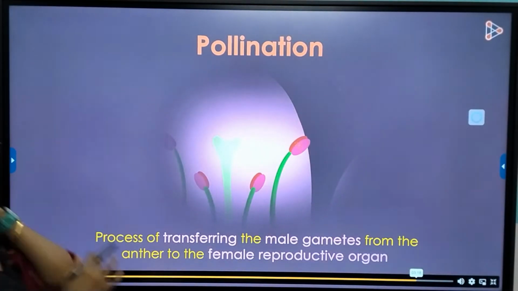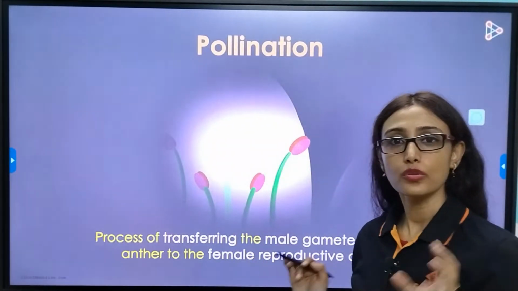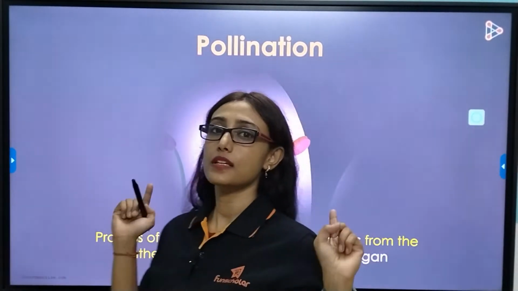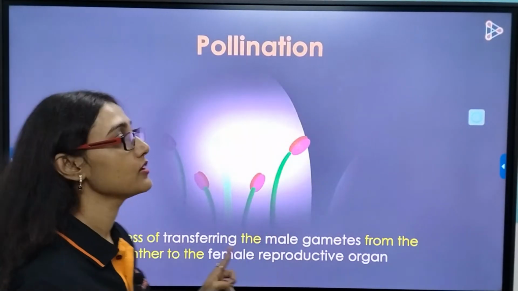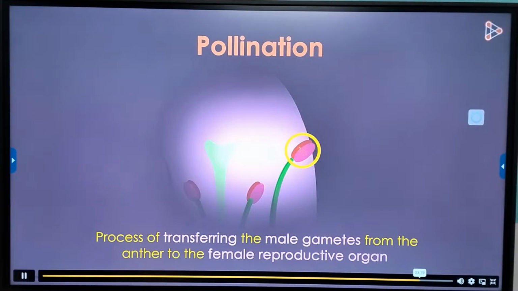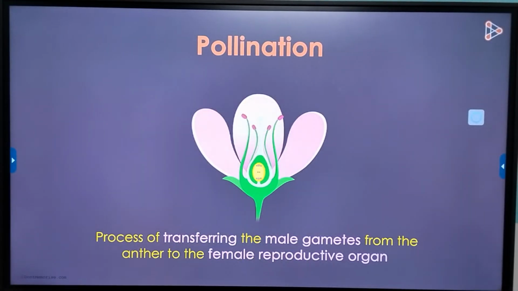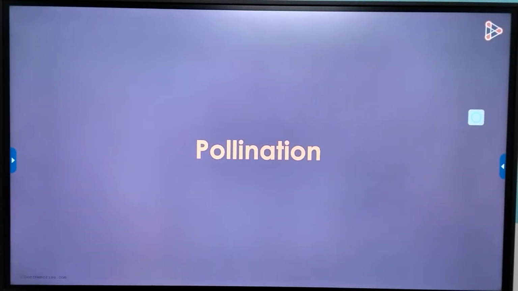That means all this I have already told you. I am showing this video so that the concept becomes crystal clear in your mind. So let's proceed. Pollen grains from one flower will be transferred to the stigma of the same or any other flower. Is this so? Yes, that's what pollination is. Next, let's understand this process in detail.